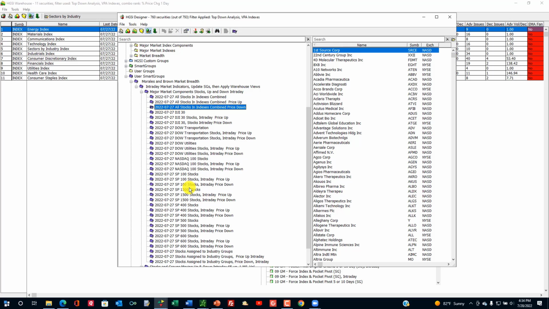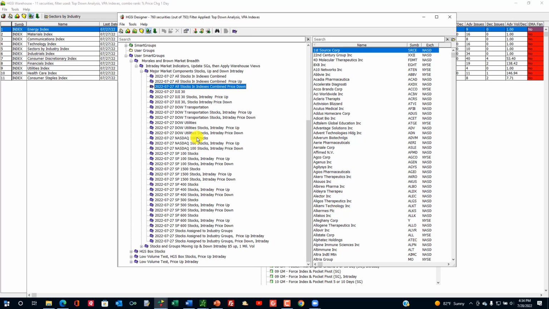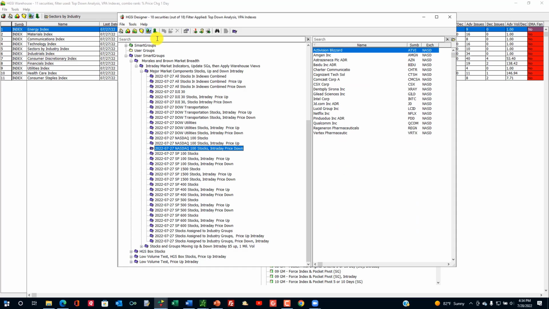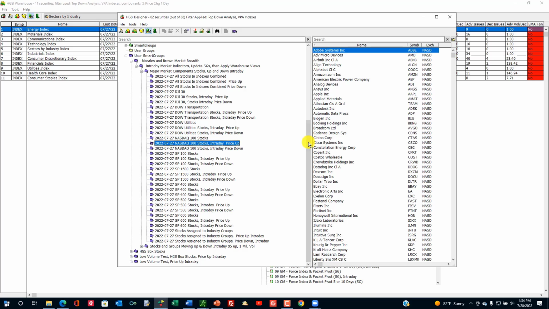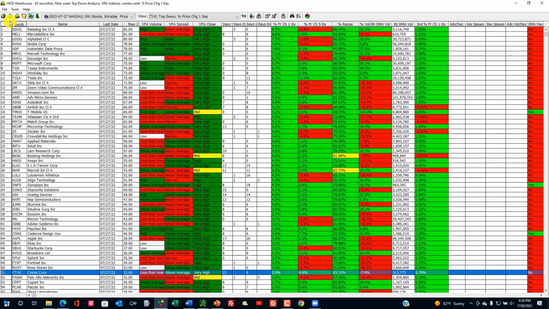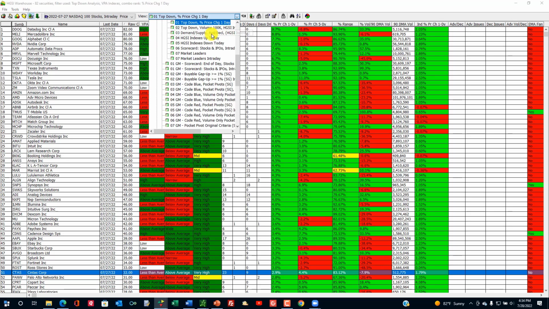You can do this on any of the indexes. I'm just going to do one more. The NASDAQ 100, there were 82 up and 18 down. And then if you rebuild these during the day and you want to take a look at some of these stocks, you can just click in this window and go into the warehouse view. If you sort on raw combo, it's going to,